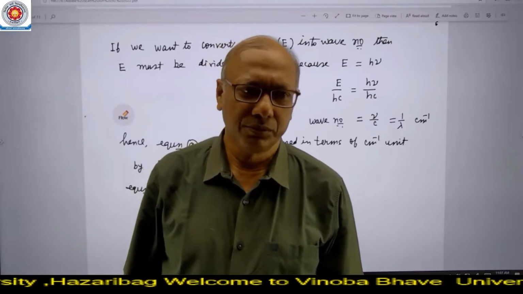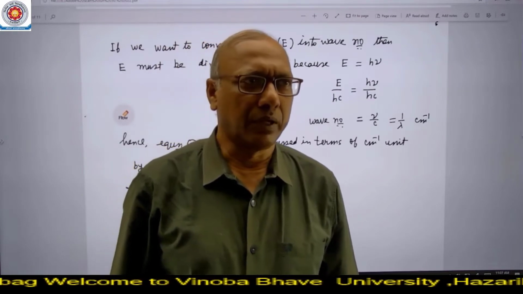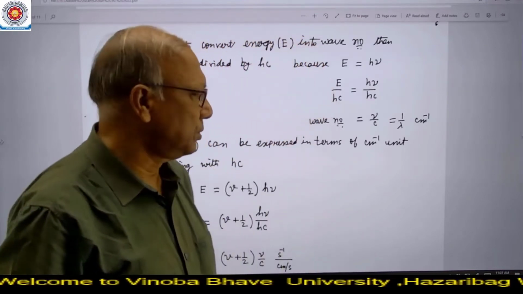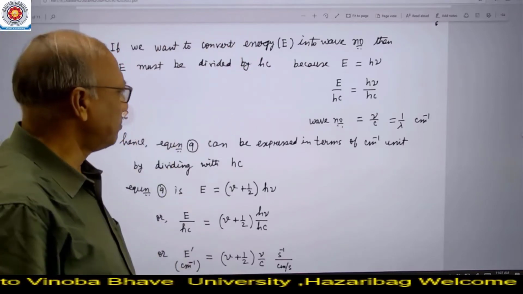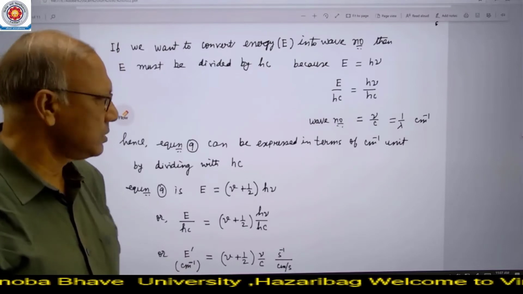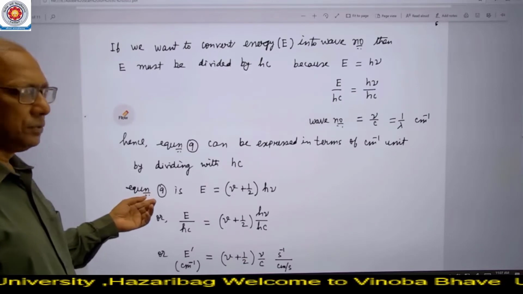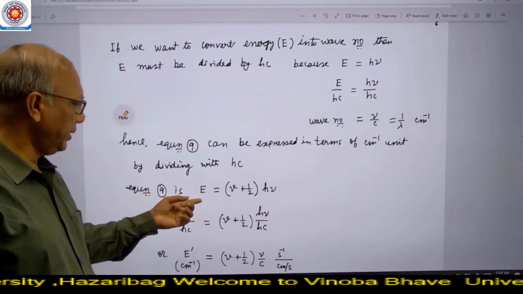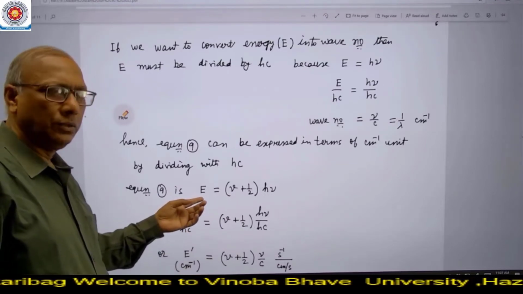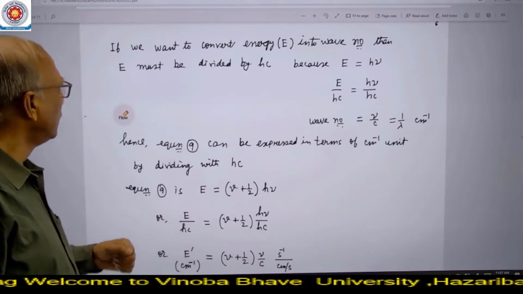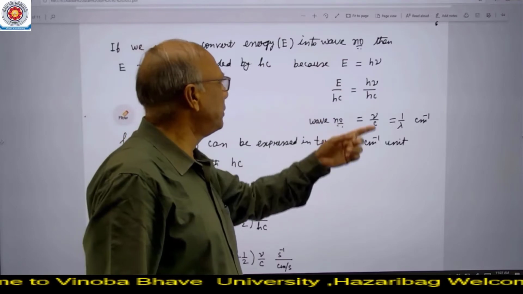Good morning, students. Today I shall start part 3 of this infrared spectroscopy. In the previous lecture, that is in part 2 of infrared spectroscopy, we have calculated the energy value according to equation 9, which was E is equal to (V plus half) h nu, and this E was in terms of joules. Now, if we want to convert this energy, which is in the form of joule, into a wave number,